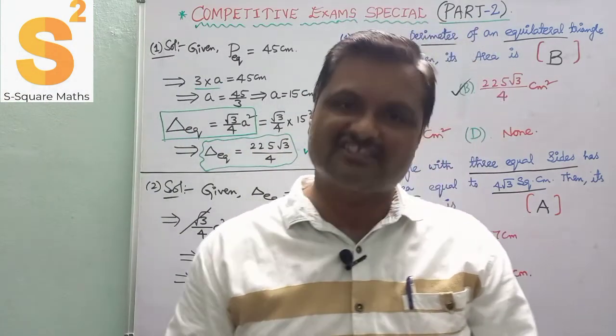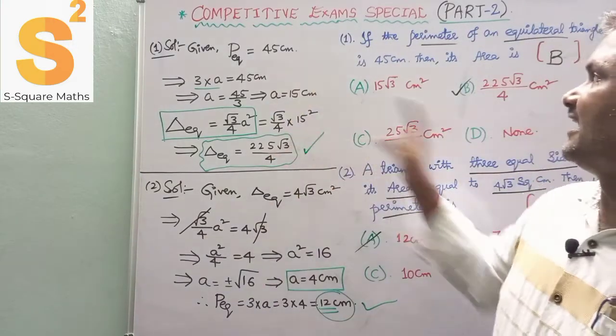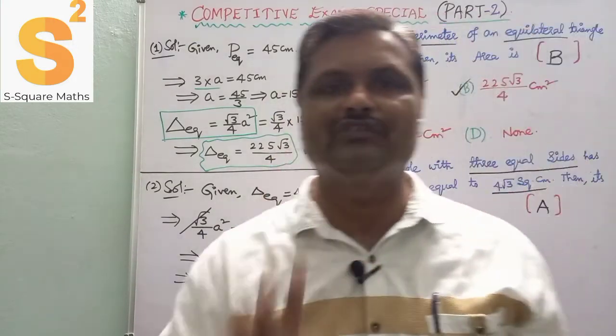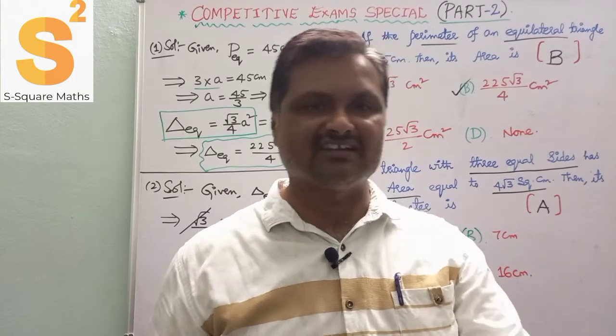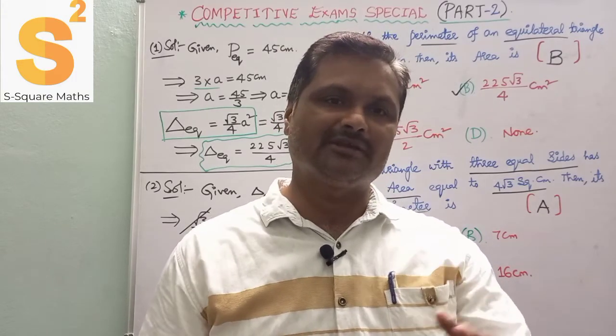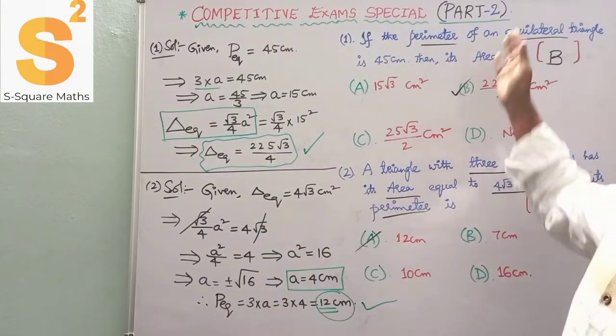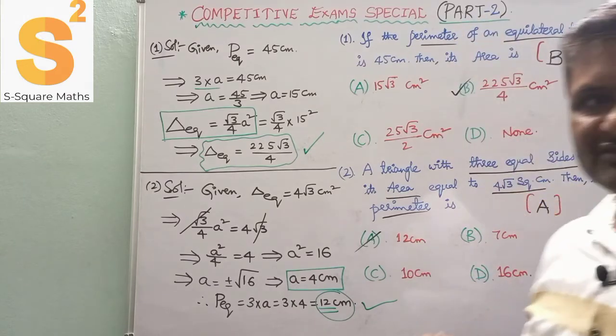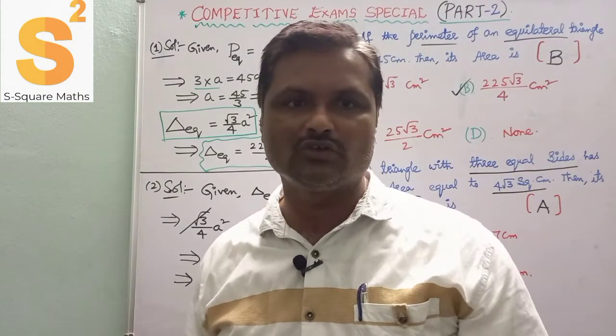Competitive examination special, area and perimeter. Strictly these two videos are meant for equilateral triangle. Area is given, find perimeter; perimeter is given, find area. So this is nothing but the second part. Okay, once you have the total look of this problem,